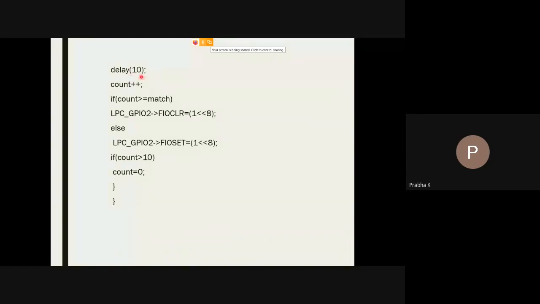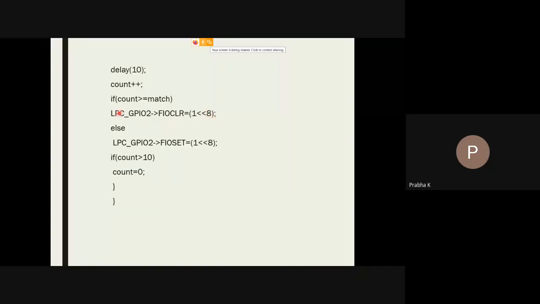Now, if the delay value, the count value is 10, it goes on to increase the count value. Then if the count value is greater than or equal to the match value, this is to control the speed. If both the values become the same, we are stopping the motor by disabling it with the enable pin of your L293D IC.